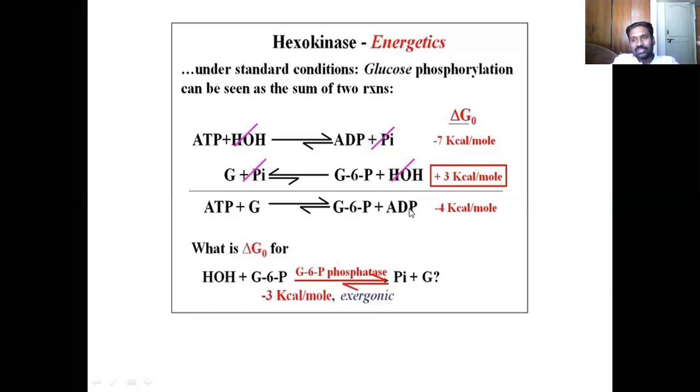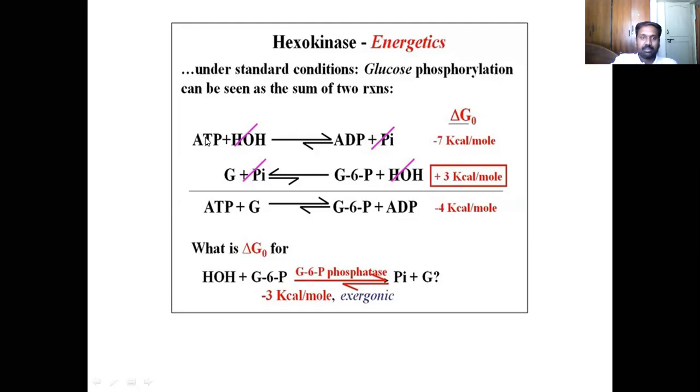Now we will go back to the laws of thermodynamics. If you can add two reactions and get the overall reaction, you do it. So you add these two individual reactions, write the reaction, the molecules on opposite sides cancel. So left hand side, right hand side cancel. Phosphate on the right hand side, phosphate on the left hand side, they cancel. The remaining molecules you just write.